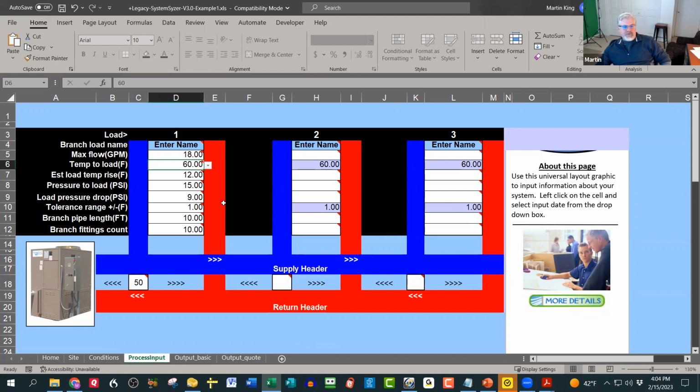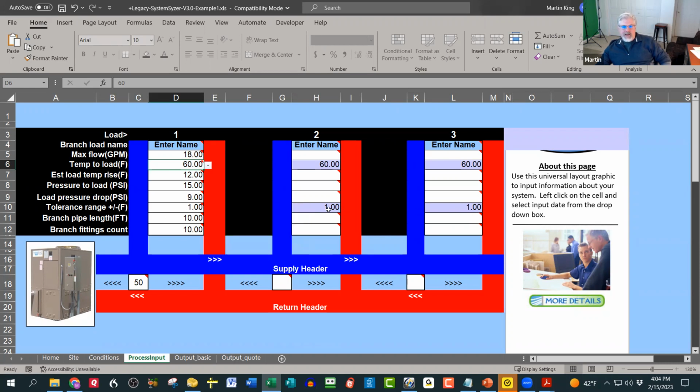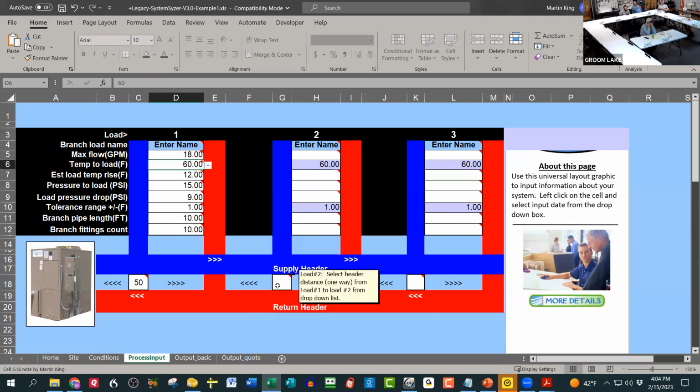And the same thing with the tolerance, right? So the tolerance would be about the same. So that's why these are grayed out. You can't input. If those were all equidistant, like under number 2, we'd be down to branch pipe length